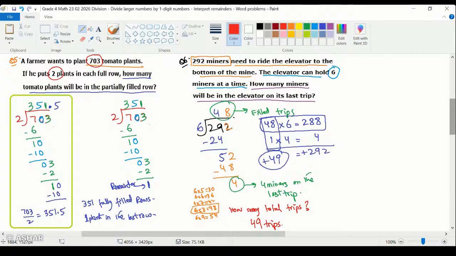Do we agree? 48 trips take 288 people. One trip took 4 people. That means 49 trips altogether. Do we agree? Adeboy, do we agree that there were a total of 49 trips? See, if you are taking 288 people down, you've not taken all the miners down. You had to take 292. So the last 4 people who are left, they also need to go down, right? They will also go through the elevator. So 48 plus 1,